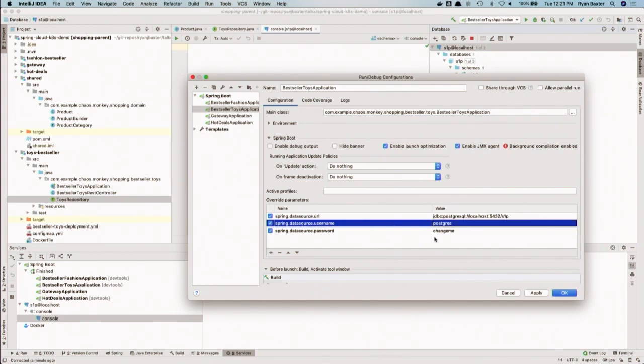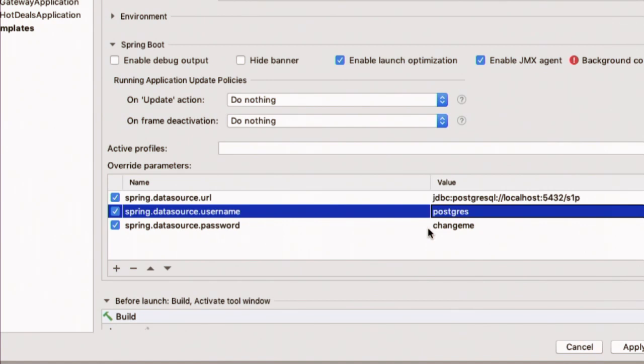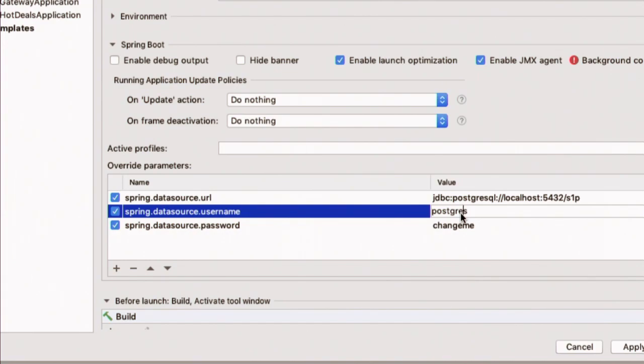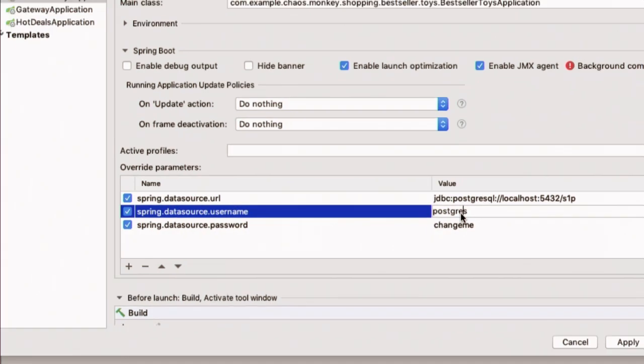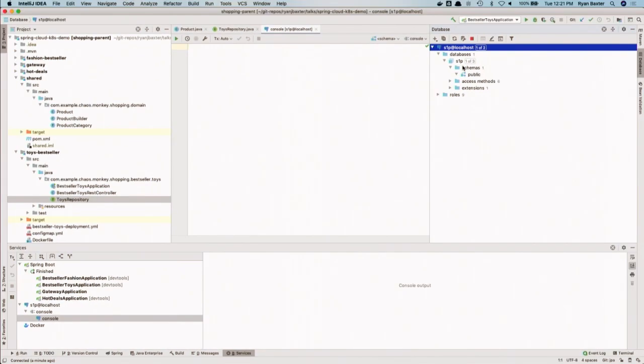As you can see here, when you use Spring Data JPA, you need to add some attributes, right? The Spring datasource URL to say how to connect to your database, and then you need to set the database credentials. But it's already set in this property. So just start the application now.